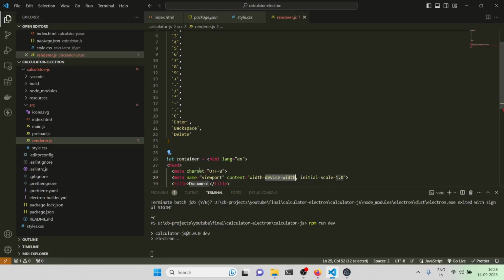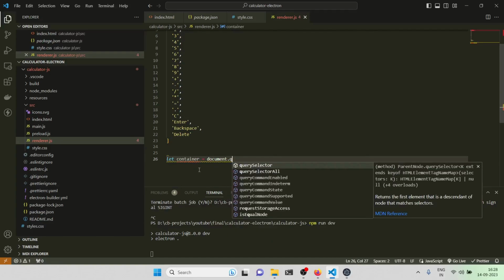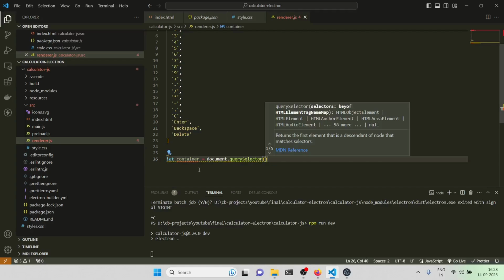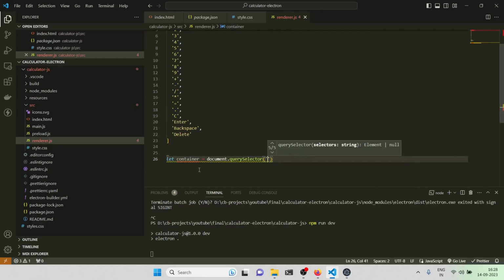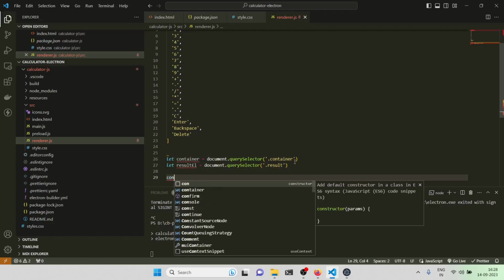equal to document dot, not get, query selector. Sorry about that. Container, and then it should be what? Result. Result element. Now what I'm going to do is listen on the container,